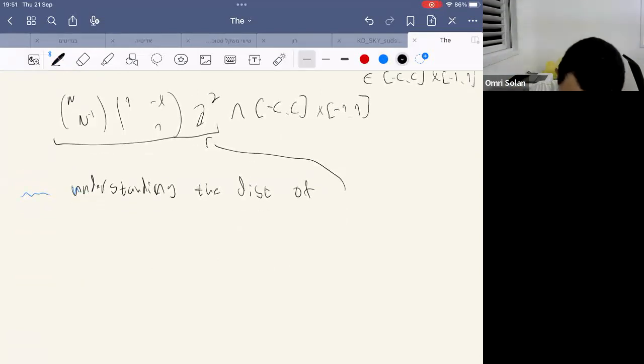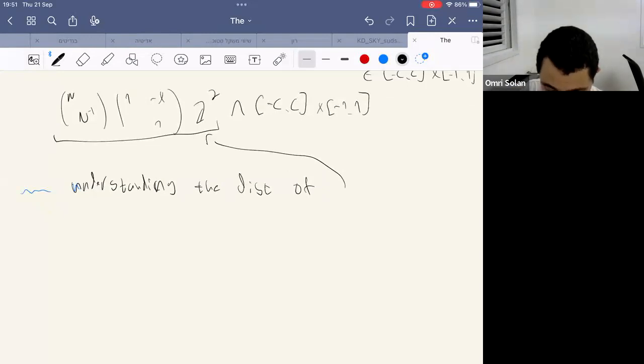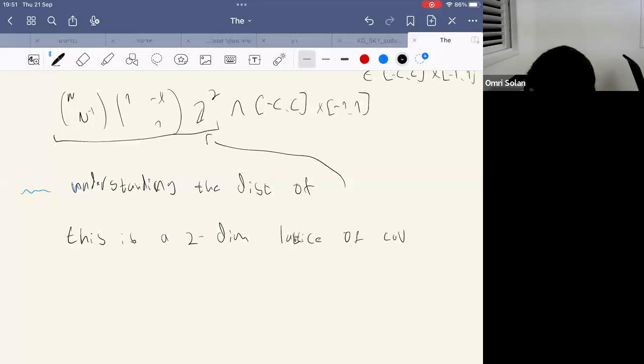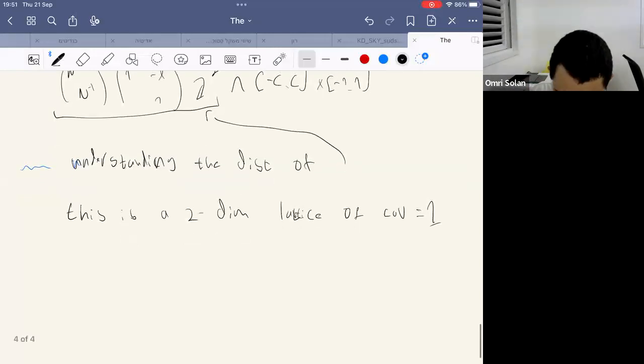So in what space does that live? That lives inside the space of lattices. This is two-dimensional of covolume 1. And we want to ask, how does this lattice distribute? How does this lattice sit inside the space of lattices? And so theorem A,